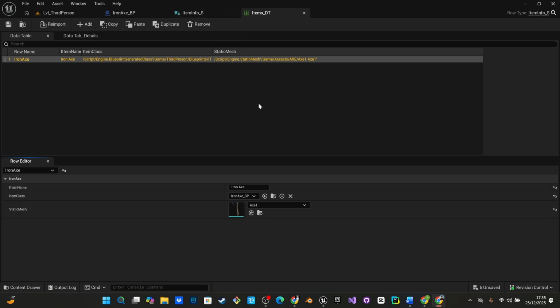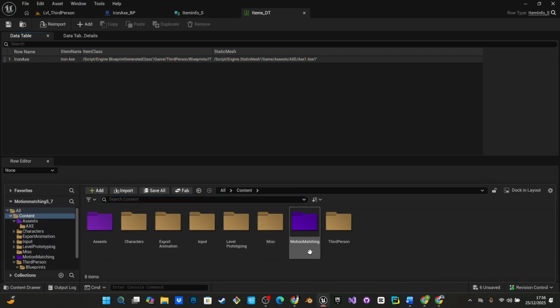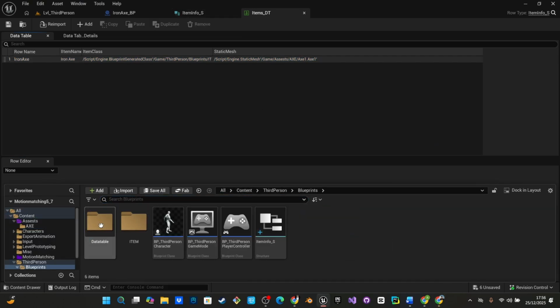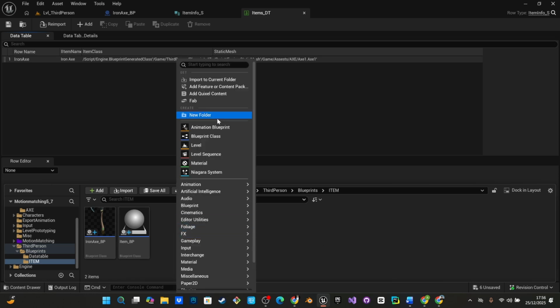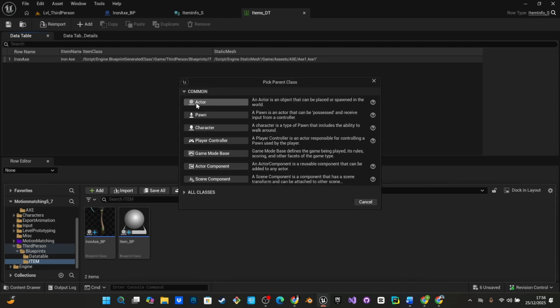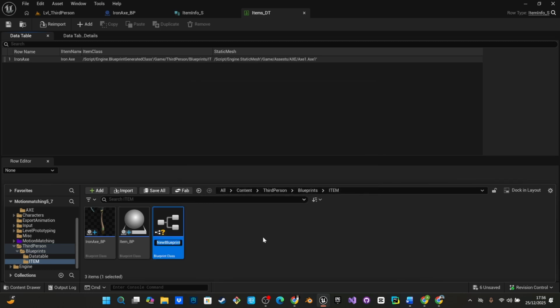So now this is so far so good. We have done some good job, but now we have this item. The best way to make a good game is when we have something interactable, and if we create multiple versions of it, we can change accordingly. So we're just going to create a new blueprint class, which is again an actor, and it's going to be named